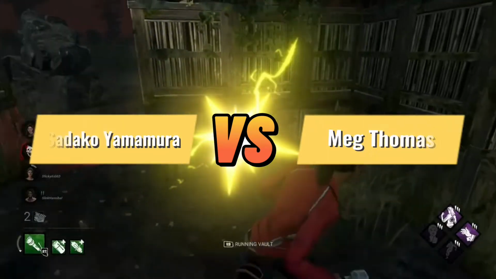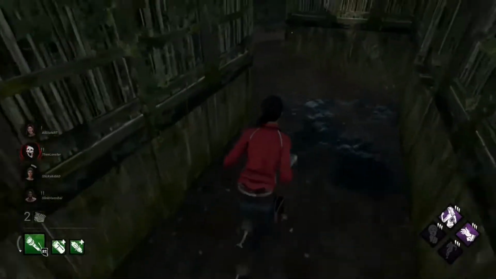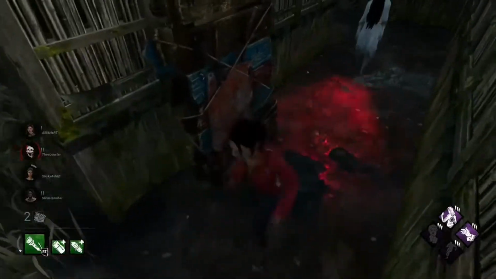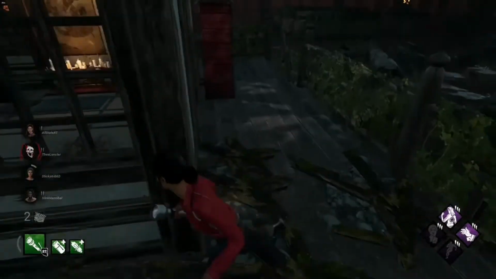In this next clip, we will be running an Onryo, or as I like to call her, the Ring, because that's just what I know her from the movie. We're gonna loop around the whole map and get the shack and show you how to interconnect windows like a true mastermind. With a combination of patience and knowledge, running the shack against any killer, you will almost never go down